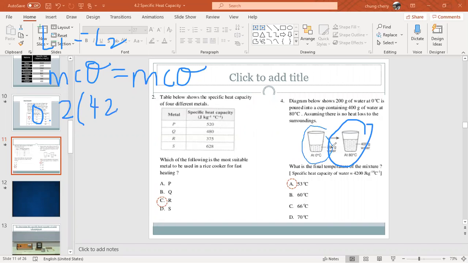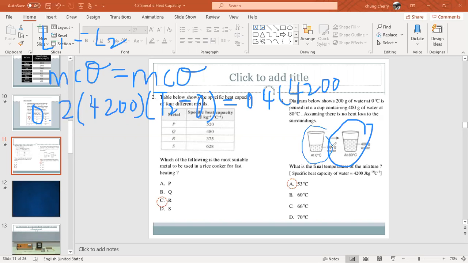Then the specific heat capacity given already will be what? 4,200. Then the change in temperature: initially this one is 0 degrees Celsius. When you reach the final temperature, surely the final temperature is more than 0 degrees Celsius. So how do you find the change in temperature? As I said just now, it is always the greater number minus the smaller number. So you will use T2 minus 0 degrees. Equals to the second liquid, it will be 0.4 times